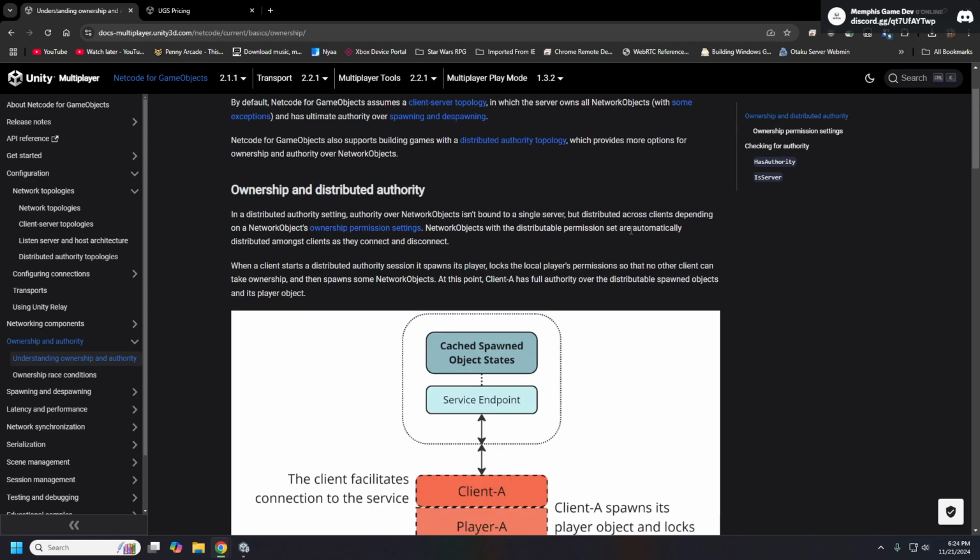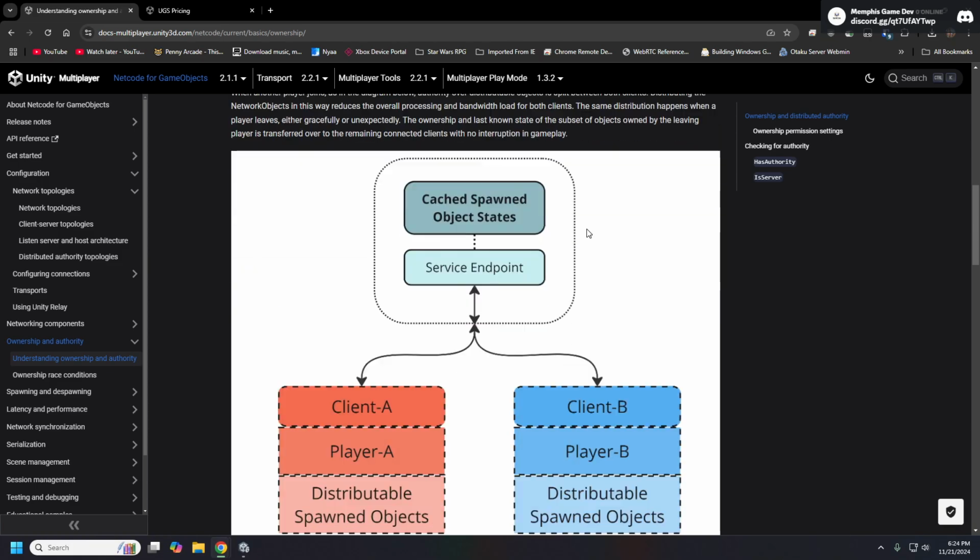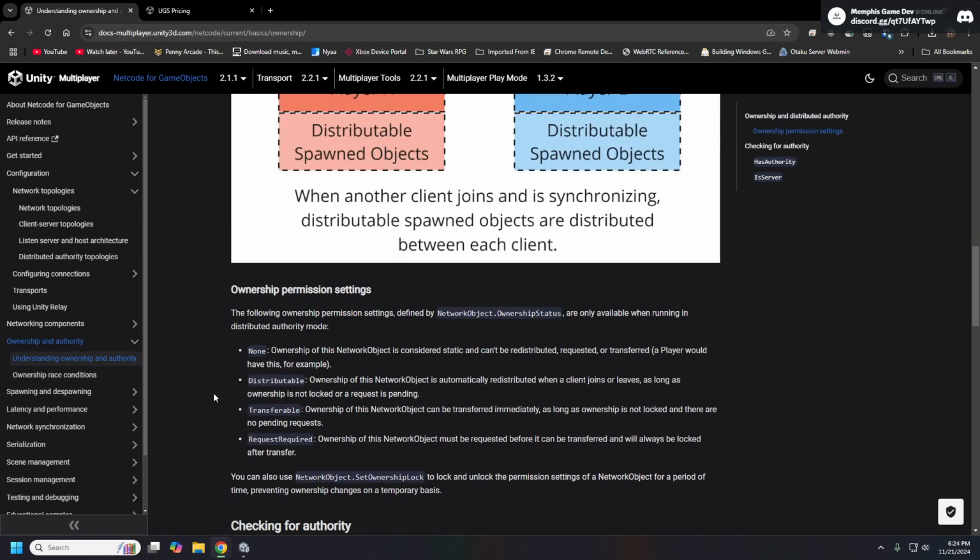But what this means is that network objects can have permissions to be redistributed or not redistributed, as the case may be, or you can set it up as transferable. As long as the ownership is not locked, and there's a concept of ownership being locked, like if you are grabbing an object, that ownership might be locked to you, so somebody can't come and grab it out of your hands.